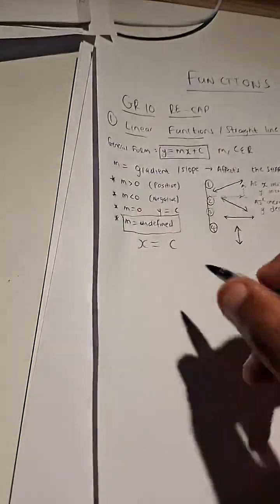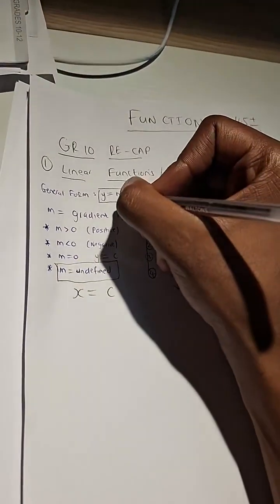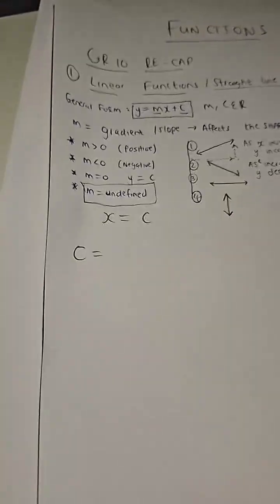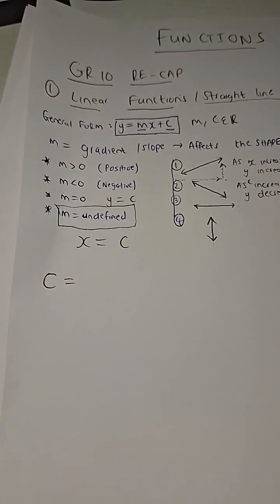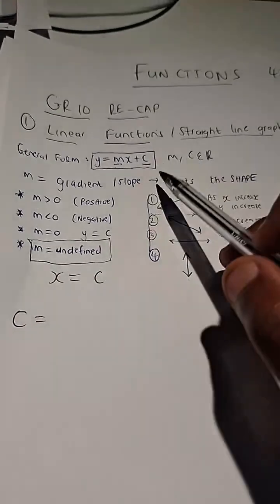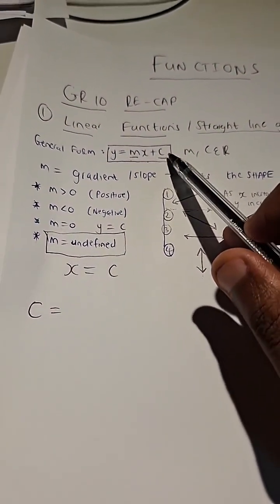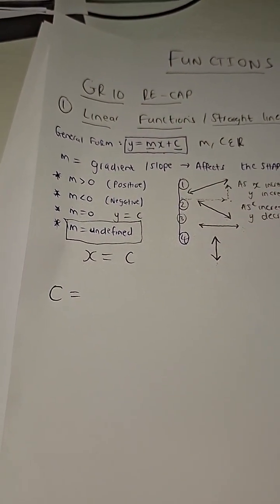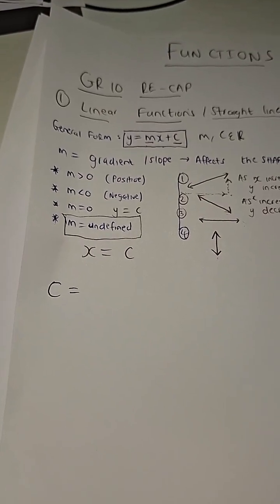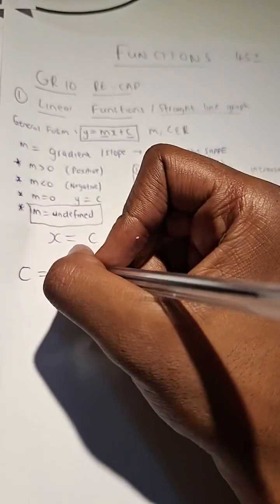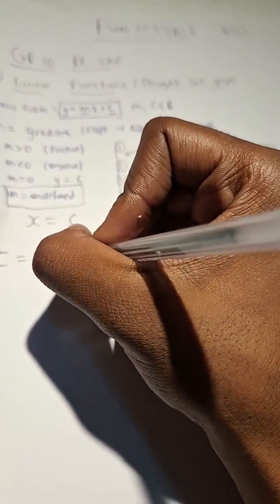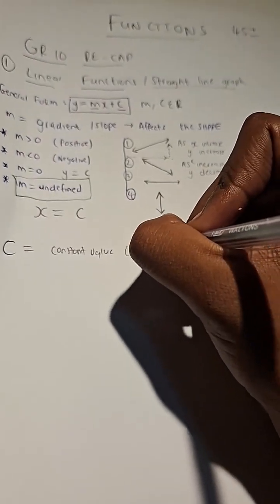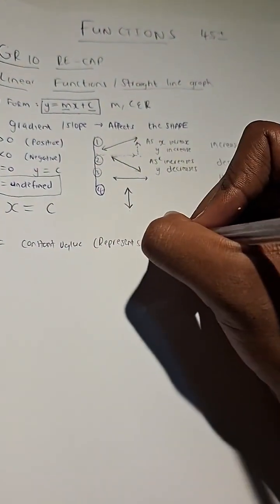Now let me move on swiftly. We've looked at m, now we need to look at c. What does c stand for? Anyone know? When we talk about c, what do we identify it as for our function? Yes, it is a constant, you are right. But what does this constant value represent in our function? It represents the